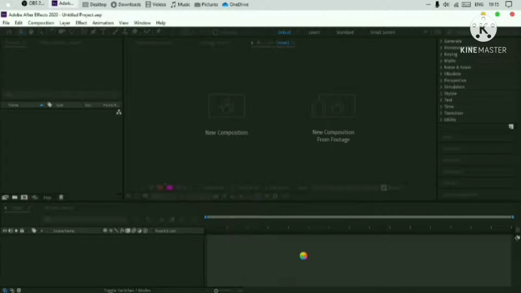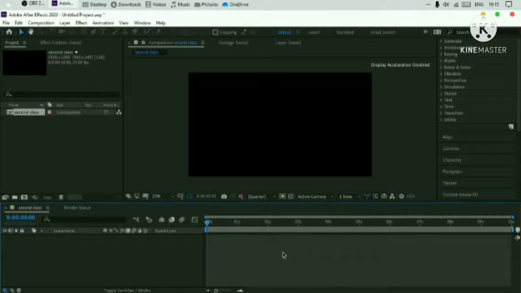Now we have to just click on OK to create that final composition. And this is the black window where the composition display is shown, or you can see the animation is shown. As I told you, this is the timeline. Here you get the layers, and this is the timeline where the time is shown, and everything I discussed in the first class. So if you haven't watched that tutorial, then a link will pop up above. That's on the I button, so you can watch it from there.